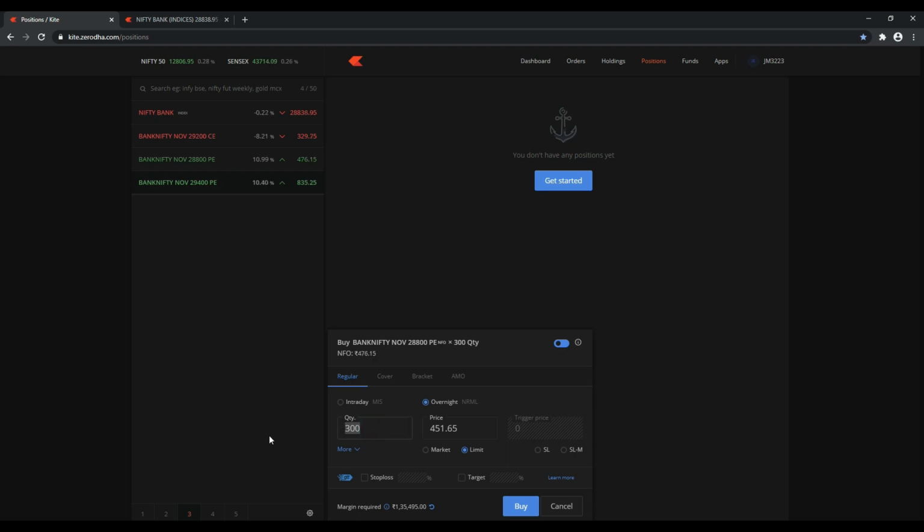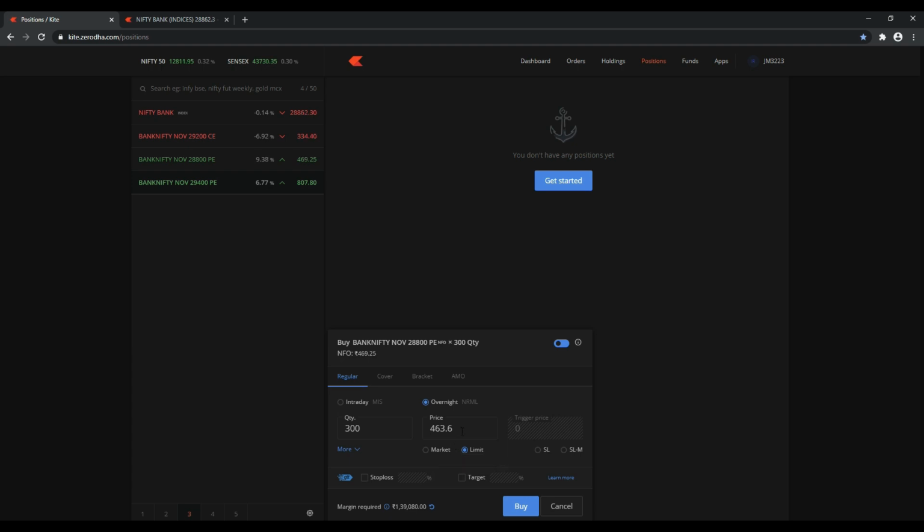Quantity: how many quantities you want to trade. Say suppose here in Zerodha it is 25, but for Bank Nifty usually it is 20 per lot. And the other thing is price. Price is nothing but whatever premium the strike price is running at; that is the price here. This is nothing but the premium. If you keep market, it will take as per the market conditions. If it is running at 461, it will immediately take at 460. If it is running at 450, it will take that. Say suppose you keep limit. You are saying that I will give you the price. If the price of that particular option goes there, then only you execute the trade.